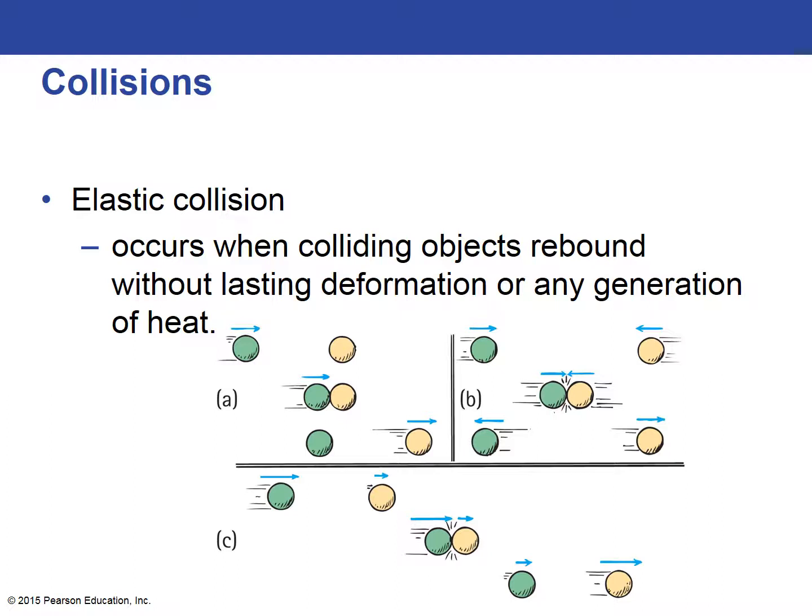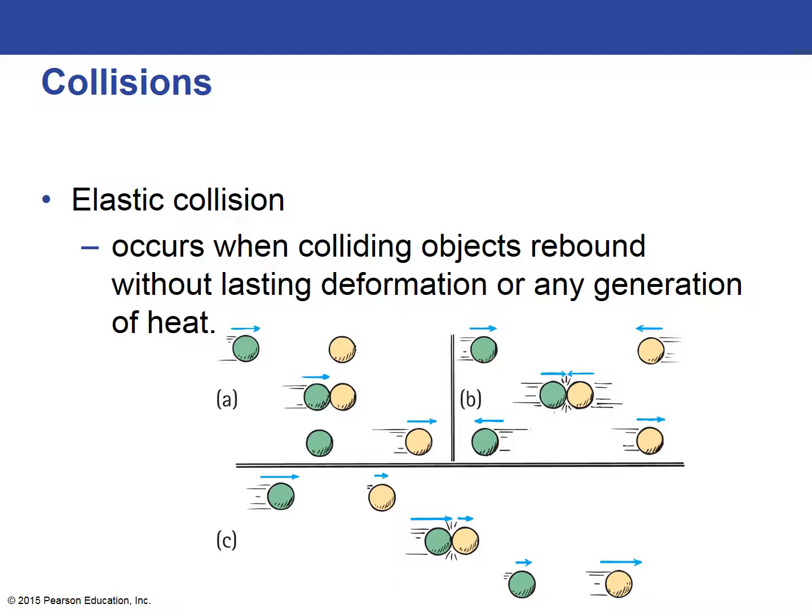Now, another scenario that we can look at is the elastic collision between two billiard balls that are colliding together with equal and opposite velocities. And after they strike each other, they recoil with the opposite velocity that they had for each one. So one can see here that the sum of the momentum of the green ball plus the orange ball, which actually is more like tan, I guess. I probably didn't